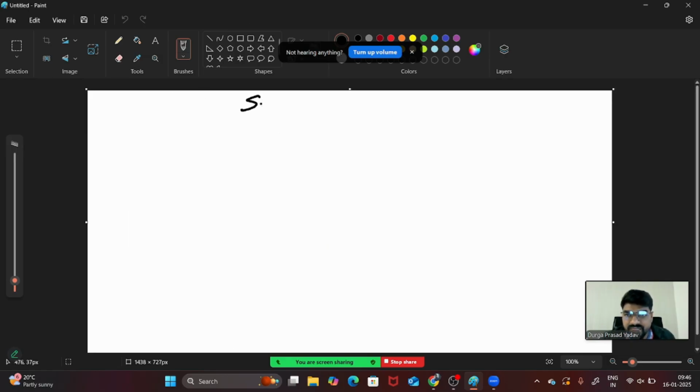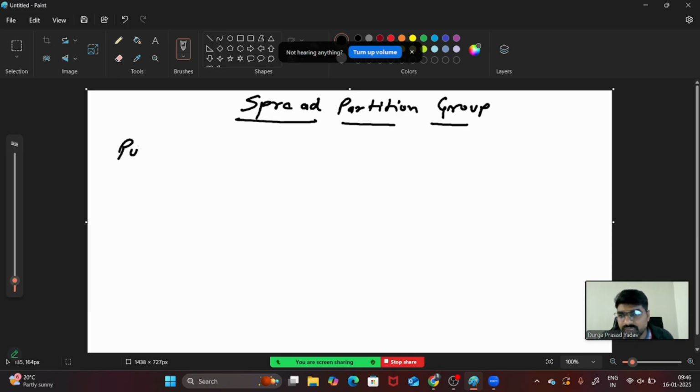The third one we have here is the spread placement group. Again, you need to understand the purpose, then the use case, and the third is the limitation. So what is the purpose of spread, guys?